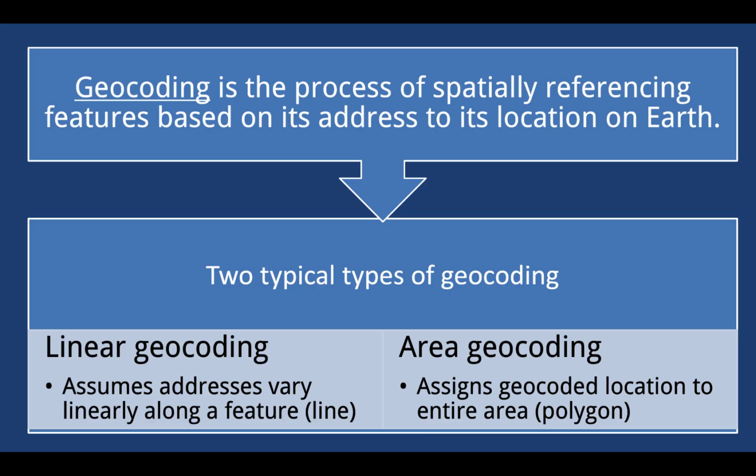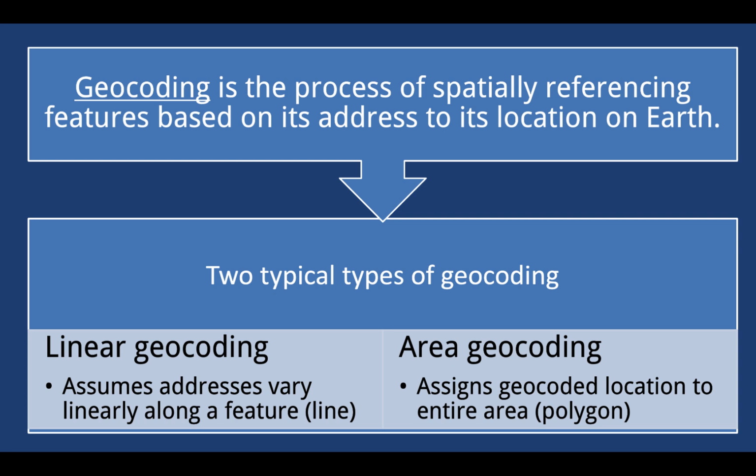So geocoding is the process of spatially referencing features based on the address which they relate to on the face of the earth. So basically, we spatially reference addresses to their locations on the earth. There's two typical ways of geocoding: the linear and the area. The linear way of geocoding assumes that addresses vary linearly along a street. And then the way that we do the aerial geocoding is that we assign a location based off of